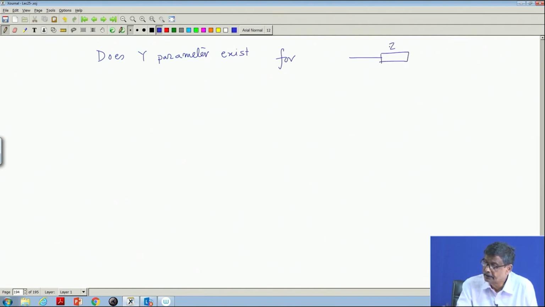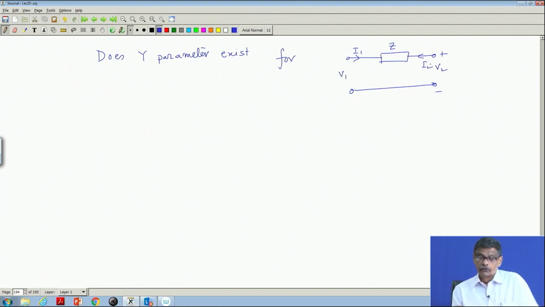which has got a single impedance in series, and these two I am calling as input port V1, I1, and this I am calling as output port V2 and I2. This is by convention. Recall that if you want to find out the Y parameters,